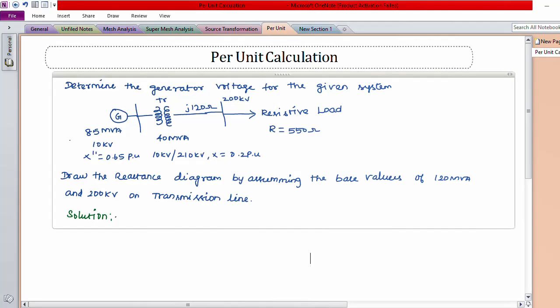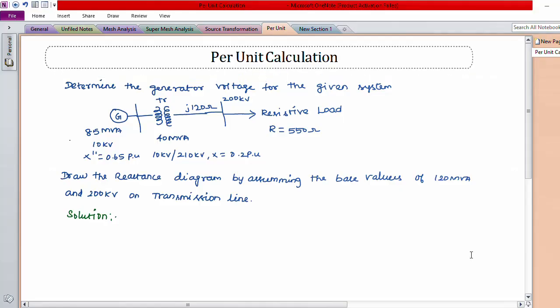Welcome to the lecture. Today we are going to see the problems on per unit calculations. Now see the example. Determine the generator voltage for the given system. In this system, here we are having a generator connected with the transformer that is connected through transmission line to